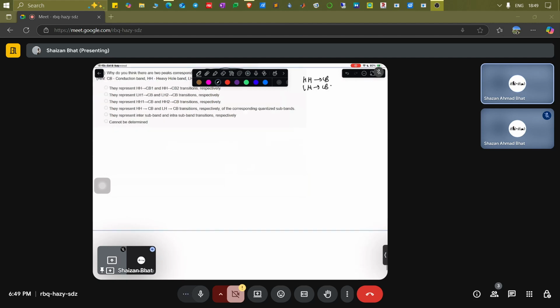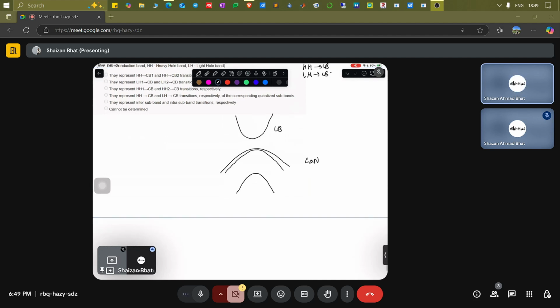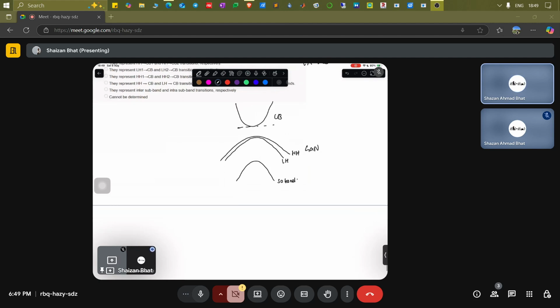So basically, if you talk about this as a conduction band, and this as a valence band, but you have one more band like this, and then another band. If you talk about, for example, a material like gallium nitride, you have a single conduction band, but you have a heavy hole band, a light hole band, and a crystal split-off band. This is called a split-off band. Basically it depends upon the curvature. If you see, the curvature is different. And what does the curvature indicate? It indicates the effective mass, the effective mass of holes.